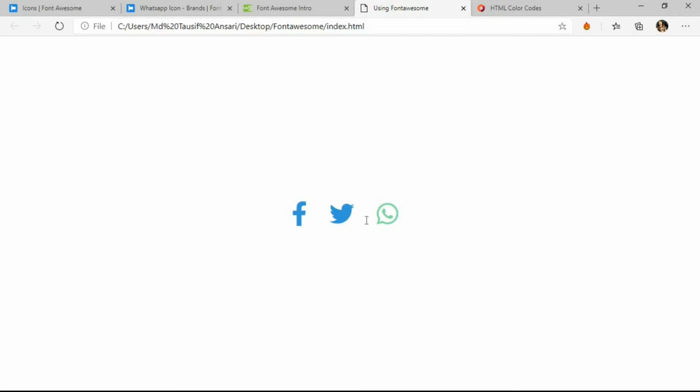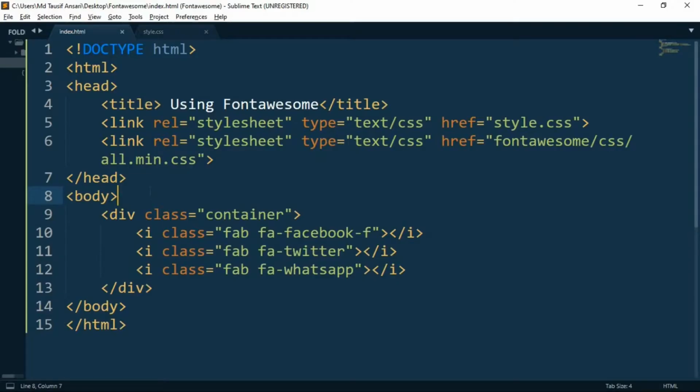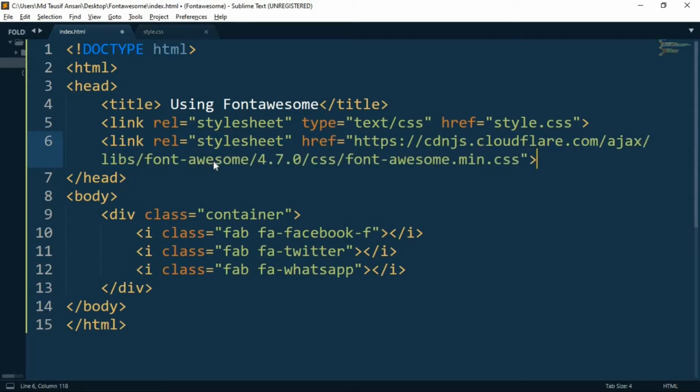So guys, this is the way you can use Font Awesome in the offline mode. To use it on the online platform, you just have to go to w3schools.com and copy the link given in it. You just have to search for Font Awesome Intro, and they will provide you a link over here. Copy the link and paste it below the title bar.